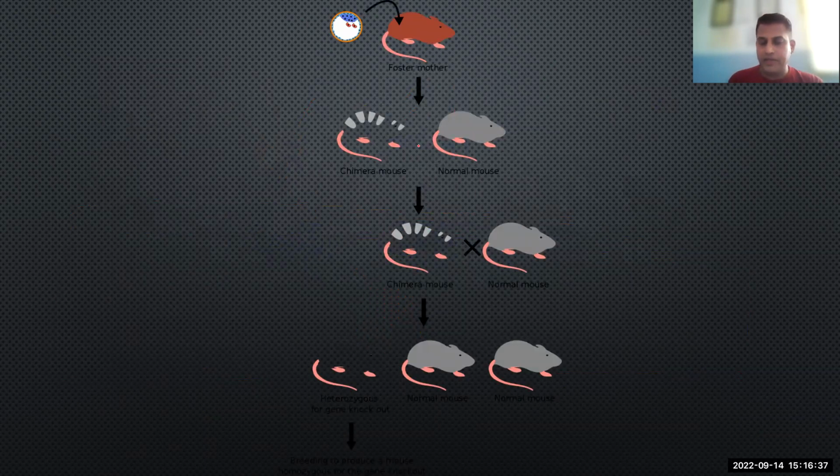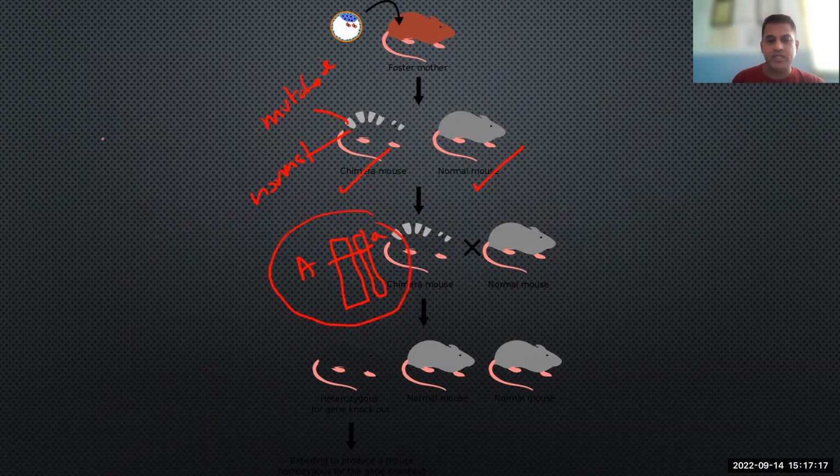when we have this mouse, we have a normal one. We have a mouse expressing both mutated and normal. We call them chimera. So this chimeric mouse, we're going to cross with the normal mouse. So when we cross with the normal mouse, we can get a version which is heterozygous. That means one is active, the other one is mutated. So if we cross these heterozygous versions,